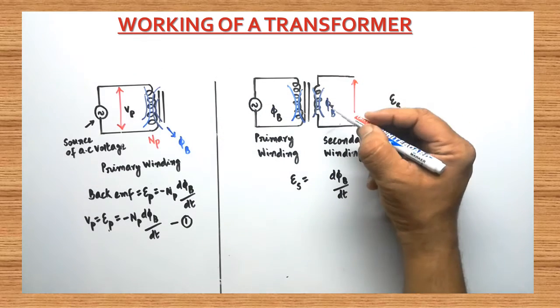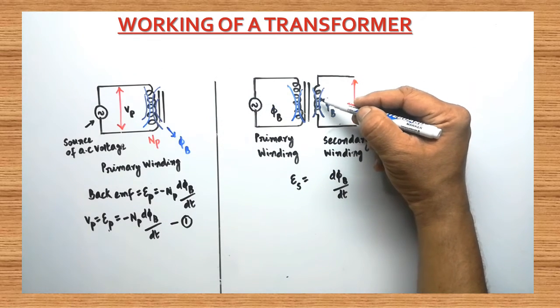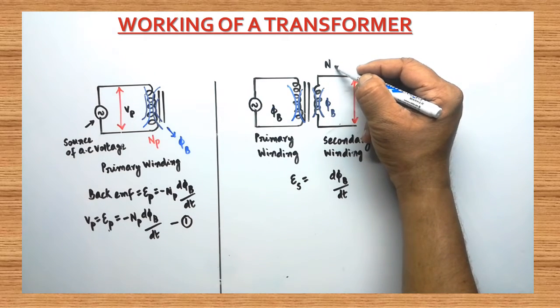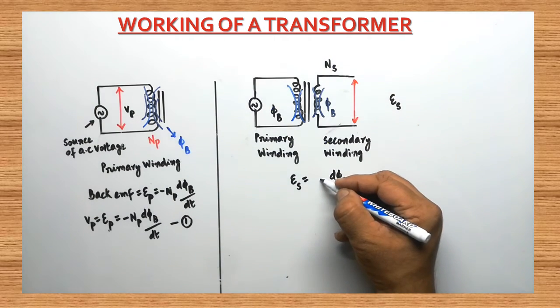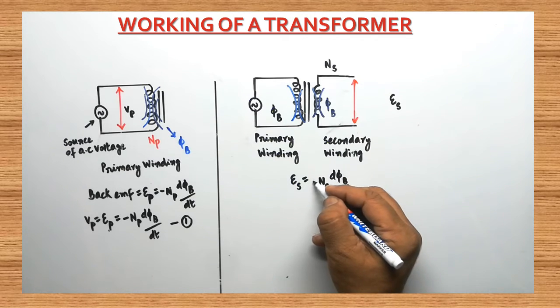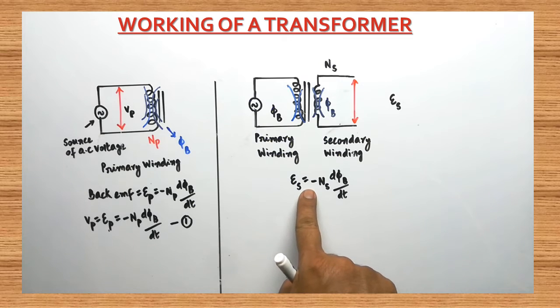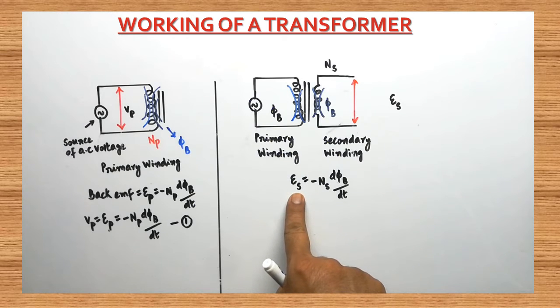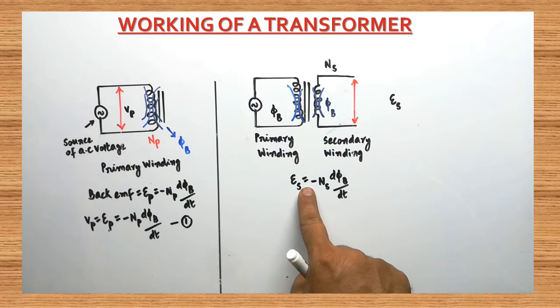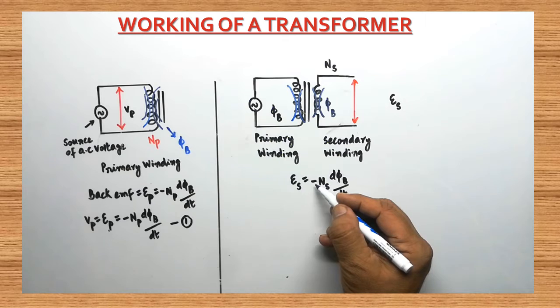The magnetic flux linked with the secondary coil is linked with how many turns? Let us imagine Ns is the number of turns in the secondary. Therefore, that change is occurring in this many turns in the secondary. Why the minus sign? Due to Lenz's law. Are you clear? The induced EMF induced in the secondary coil is opposing the change in the magnetic flux. That's why, as per Lenz's law, we have to write the minus sign.